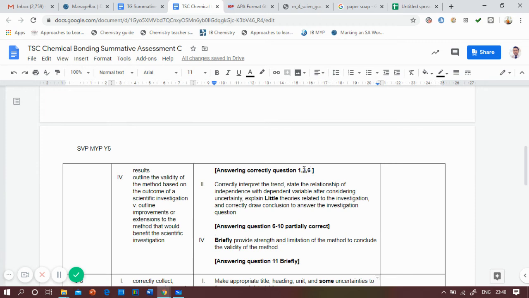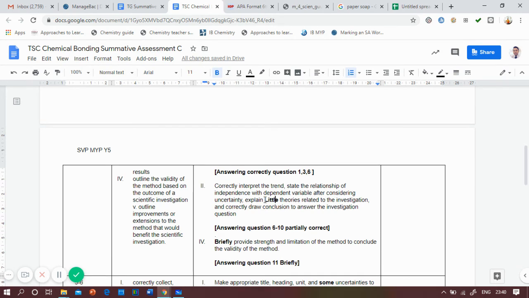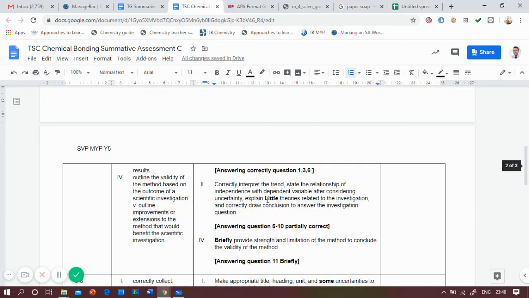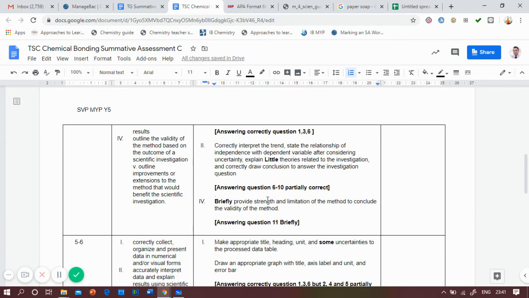You don't need to go 2, 4, and 5 because that's uncertainty. As I said before, there is a separate template for that. That's why you don't need to answer those questions. But in strand 2 here, oh, by the way, in 3, 4, you still have to make the graph and everything, yeah? See, if you don't make the graph, maybe you're going to fall to 1 until 2. So let's go to 3, 4 again.